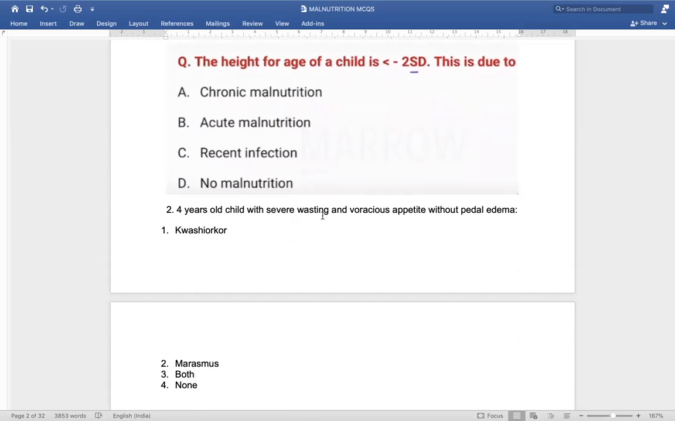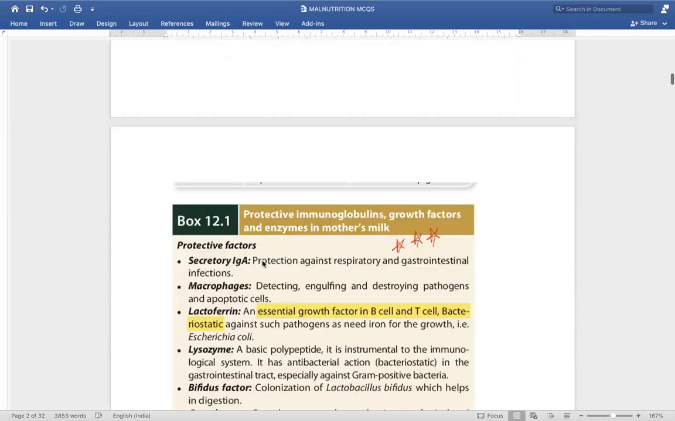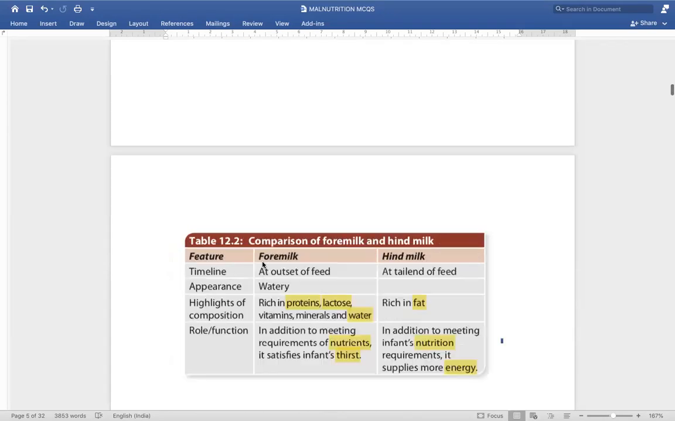So severe wasting definitely means the baby has severe acute malnutrition. These two things, that is appetite and pedal edema, or a presence of appetite and absence of pedal edema, will give a clue that the baby has marasmus. So let's see the differences between